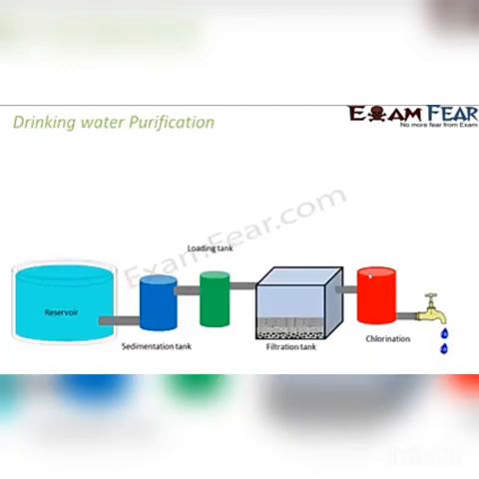Let's see how we get the drinking water purified. Whatever water we get in the city is purified by the government, and there's a whole big process for that. So this is the impure water which we get from a reservoir. The first thing done is this water is put into a sedimentation tank. Here water is allowed to settle down for some time, maybe 2-3 hours.